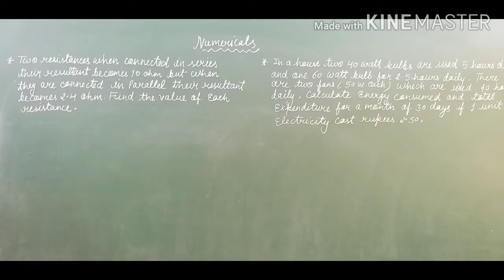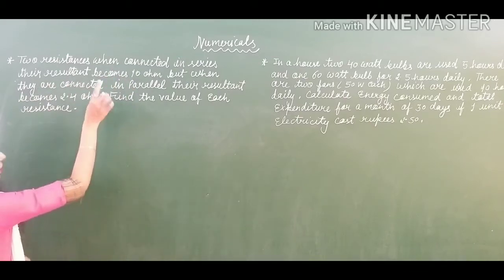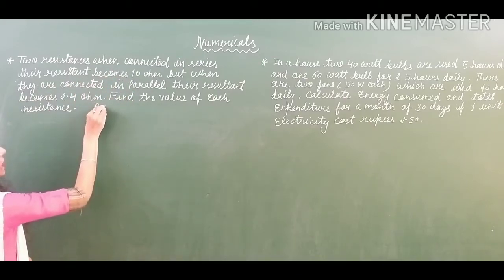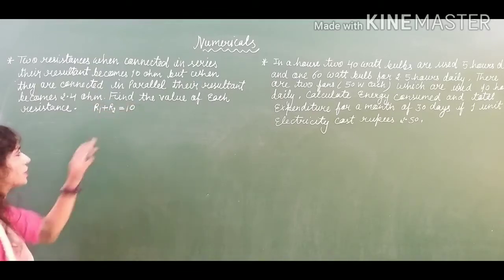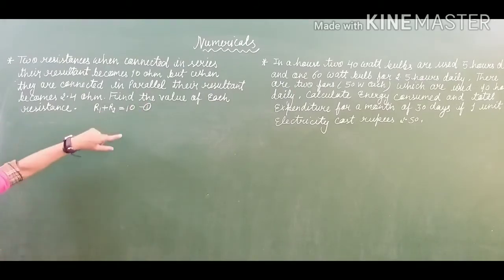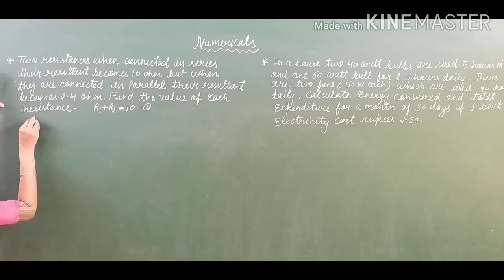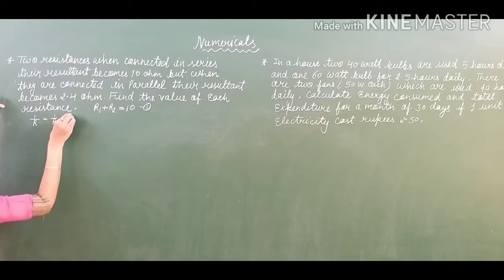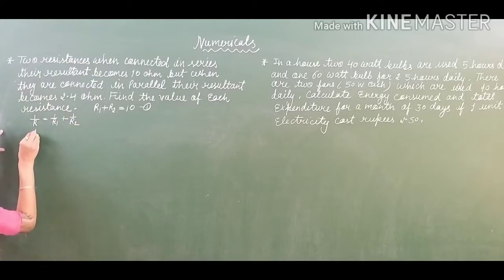Okay. So how is this question solved? First of all, you see here the information is given. The combination of both the resistances, R1 plus R2, equals 10. So we have made equation 1. Now the second equation: they are saying when they are connected in parallel. So the parallel combination can be written as 1 over R equals 1 upon R1 plus 1 upon R2. In place of R, you can write 2.4.